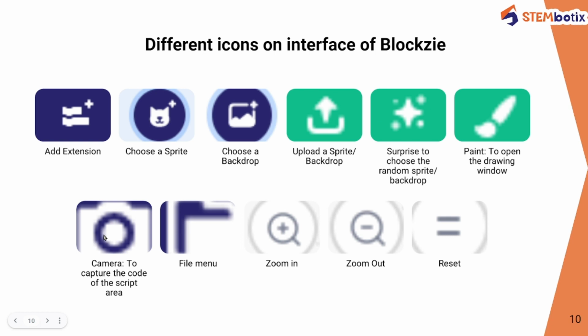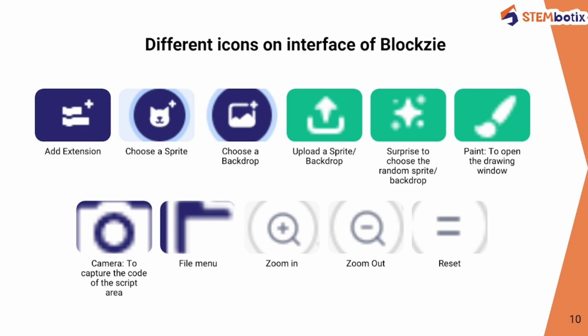After that, there is an icon which is used to capture the code of the script area. If you want to capture the code you have just done in your script or coding area, just click onto it and you can capture that. After that, there is an icon for the file menu. So this file menu is used to save or